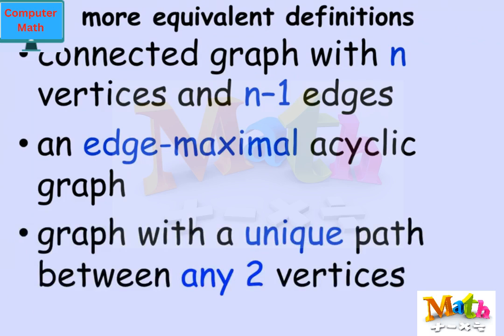And maybe the most useful way is to say that a graph in which there is a unique path between any two vertices is a tree. So of course, if there's a unique path, in particular there is a path, so all the vertices have to be connected, but what makes it a tree is that there aren't two different ways to connect between two vertices, because as soon as there were, there would be a cycle. And those are some of the basic ways that trees can be formulated, equivalent